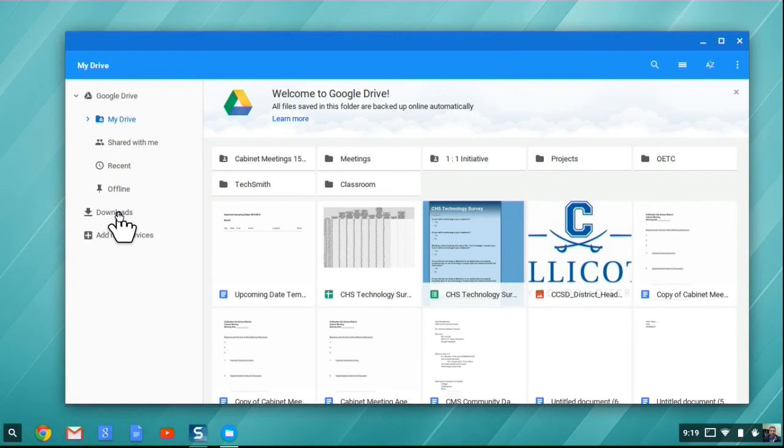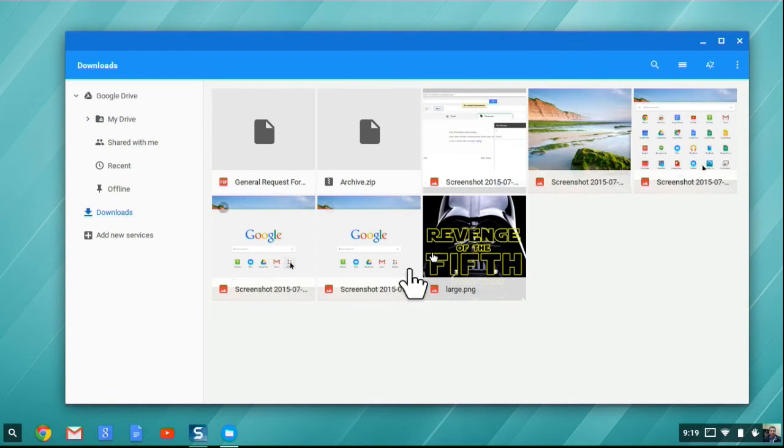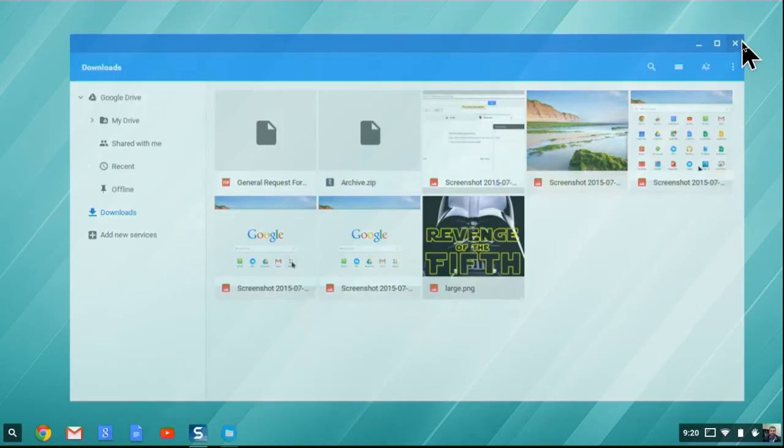But if you ever download something with a Google Chromebook, it's going to go in your download section right here. Okay, so if I've downloaded a couple files and so forth, they'll show up in the download section. Make sure you're aware of where they're at in case you ever try to download something. They'll go to your files location here, so just you're aware of where that's at. I'm going to close out of this